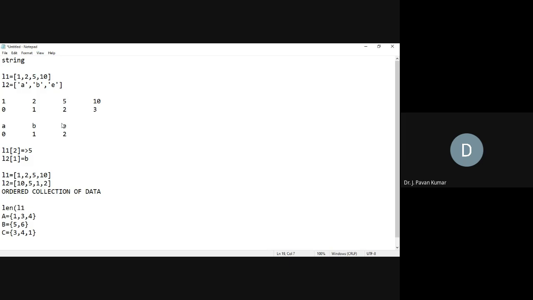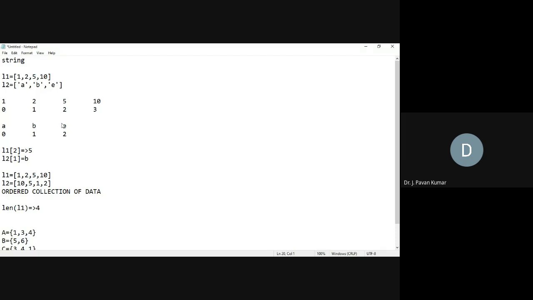Length of L1, how many elements are in L1? That will be given. So the length of L1 in this example is 4.